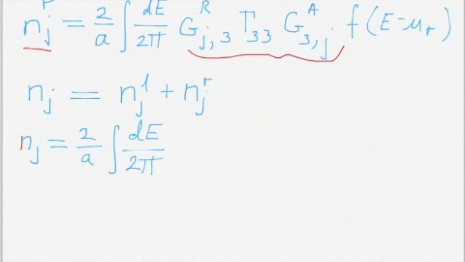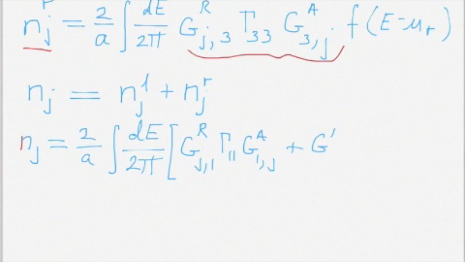I personally like to keep my 2 pi under the dE because later we'll see it really comes from a Fourier transform. I'm just summing the two contributions together in the integrand: GR j,1, gamma 1,1, GA 1,j plus GR j,3, gamma 3,3, GA 3,j, times,